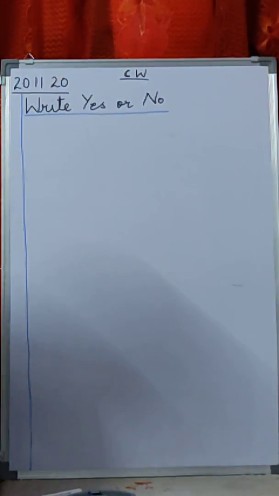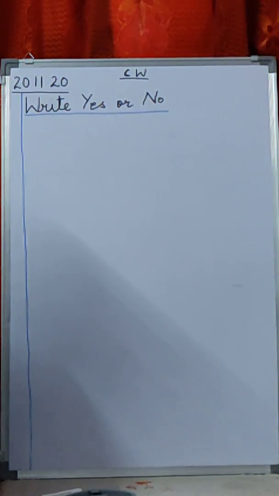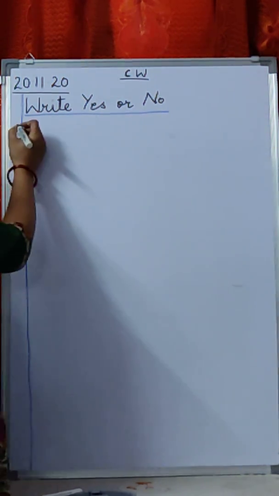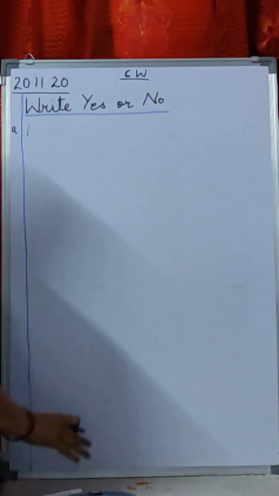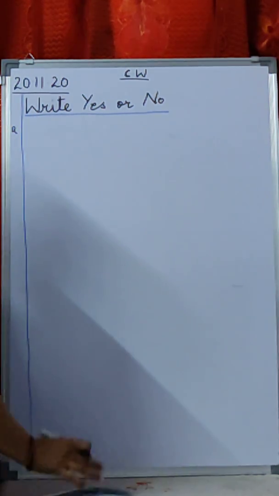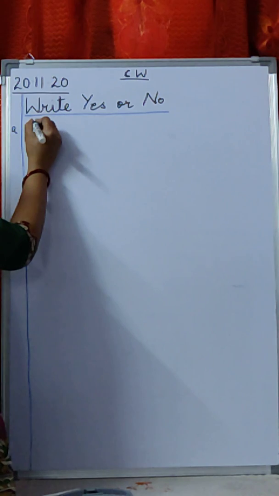Now you all have learned your tables well, isn't it? So now the first one is five